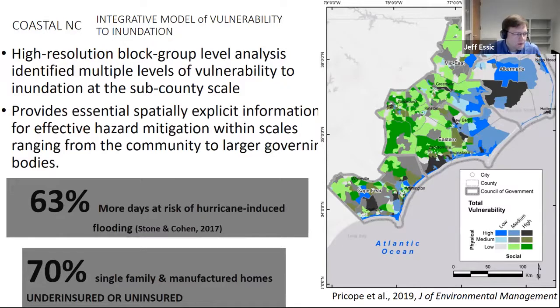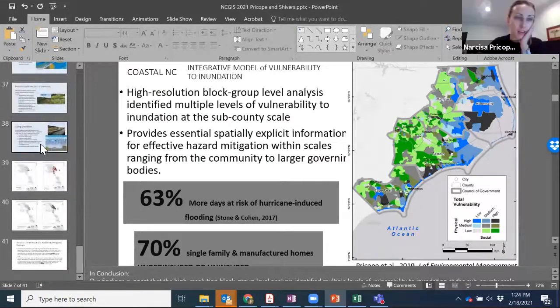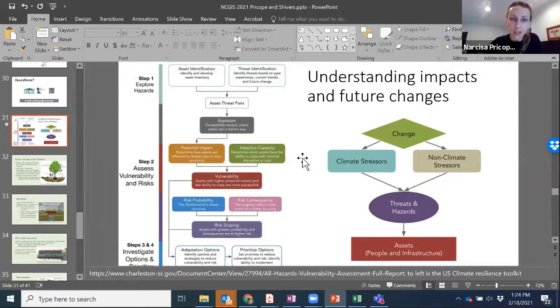Another question: do you envision being able to provide local governments with an array of nature-based options that address specific needs at specific sites? Well, I haven't shown any of that, but that's exactly what we're working on right now. And like I said, that is the ultimate goal of this grant. What I'd like to be able to do is almost a decision tree, where if your community is riverine versus coastal, then you would go through essentially